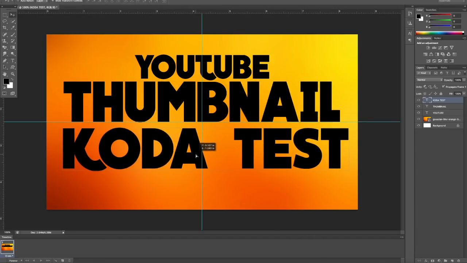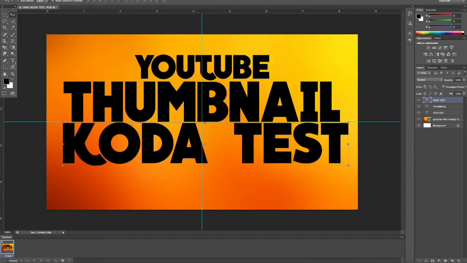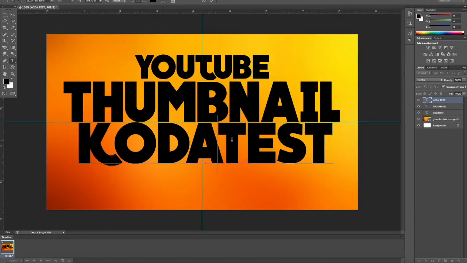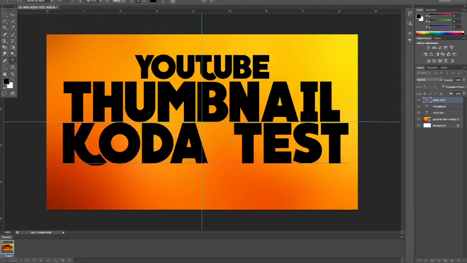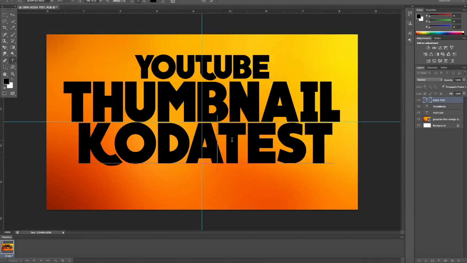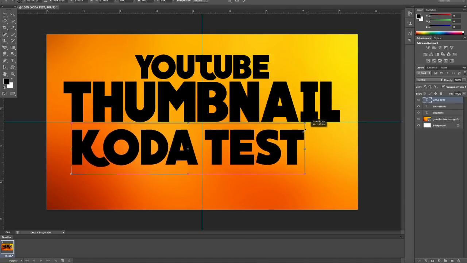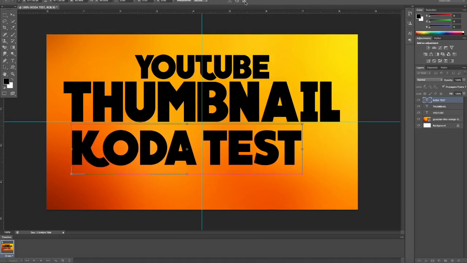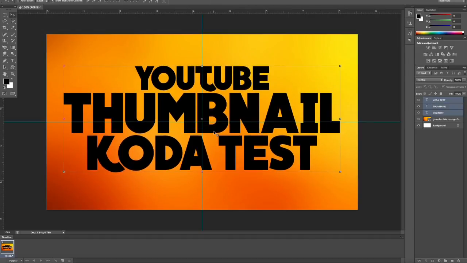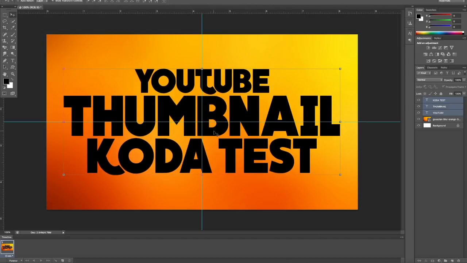Let's put Koda Test. Now, this space is much too big. So what you're going to want to do is delete that and then press Tab. And it's pretty much smaller, and it's actually much better than usual. So we're going to make this smaller-ish. Not as small as YouTube, but then you're going to want to select them and center them. And then you're going to choose